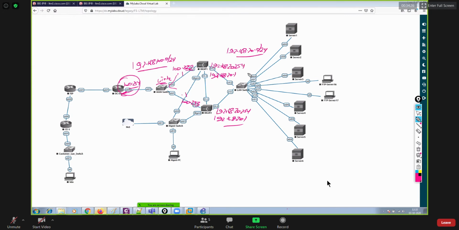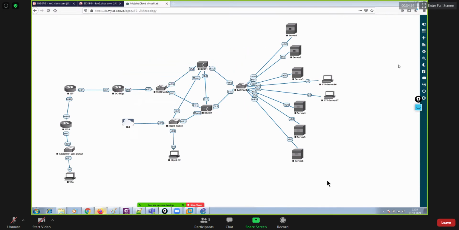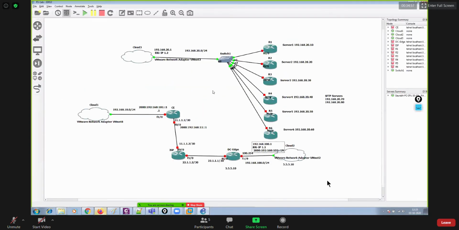So just keep this diagram in mind. If in fact you can draw it somewhere, or you can take a print screen, and then you can keep it handy with yourself. Because while I start assigning IP addresses, at least you should know why we are assigning those IP addresses over here. Okay. So have you taken the print screen of this diagram? Right. Sir, noted it down. Perfect. So let me do one thing now. Let me go back and let me turn on these devices first.